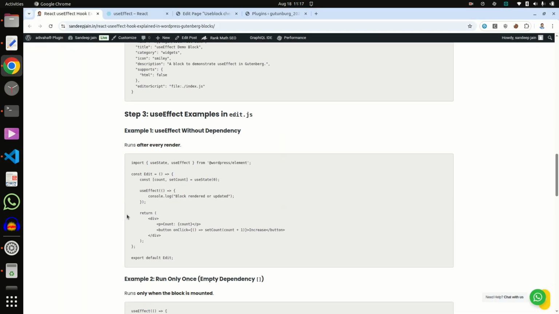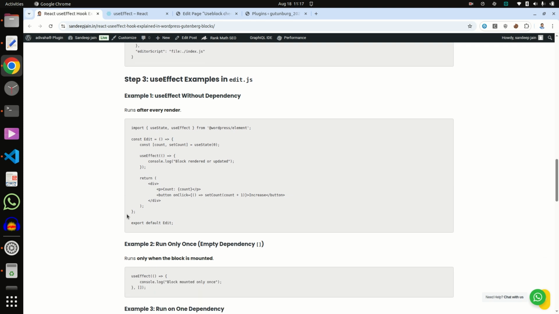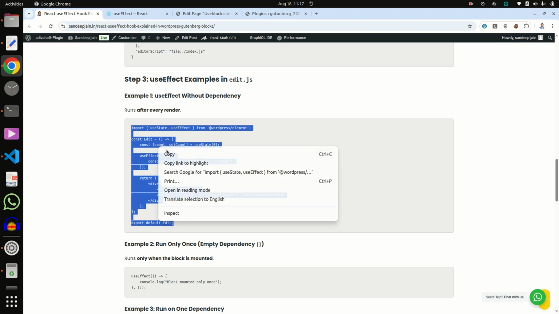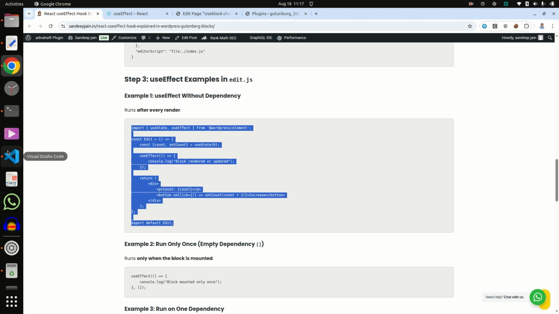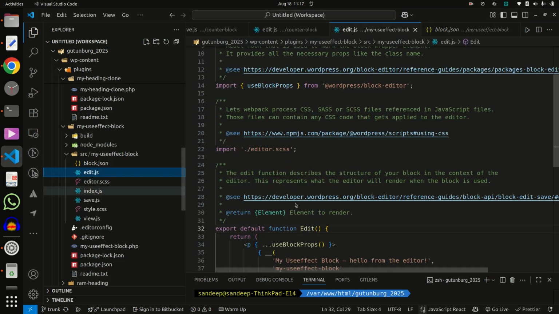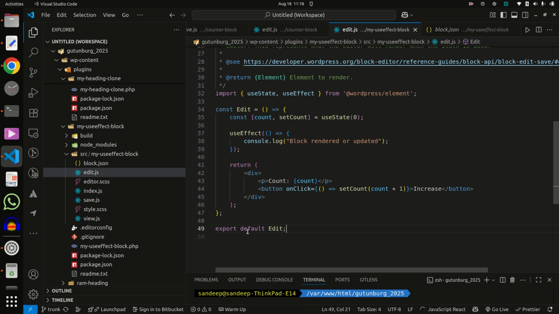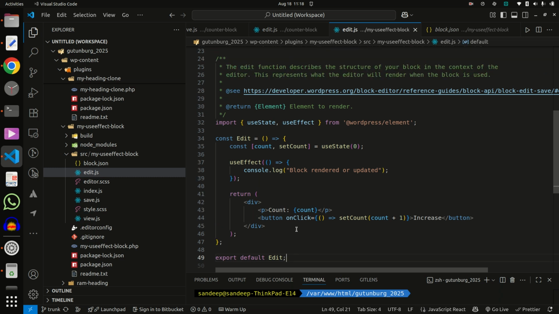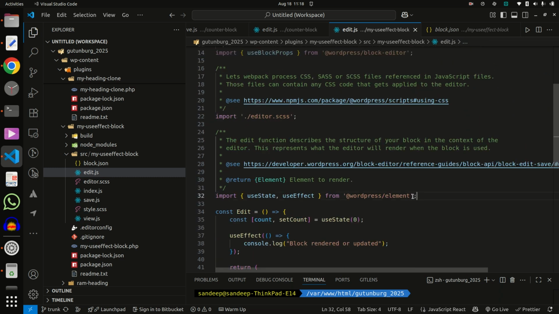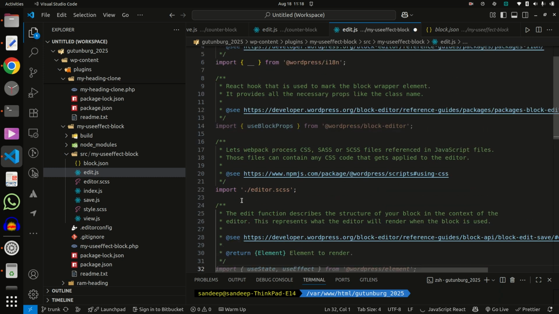So now I am going to copy this code and put it inside edit.js. So go to edit.js and copy this code to the top.